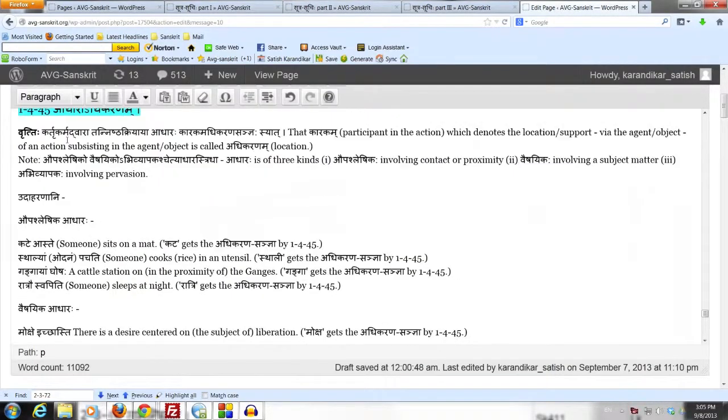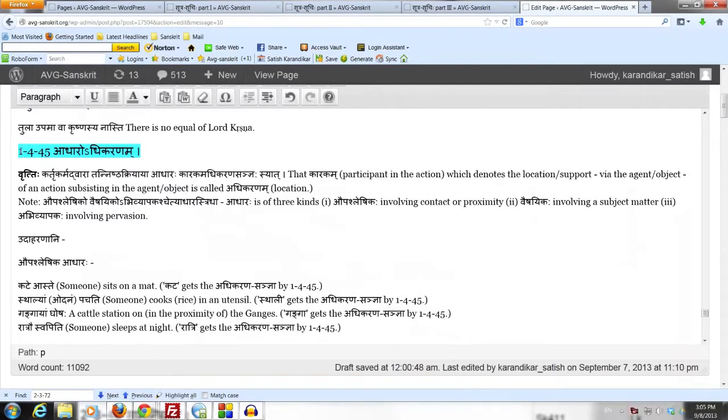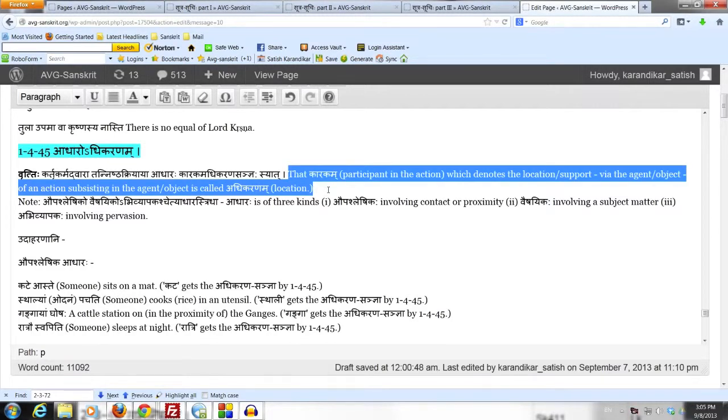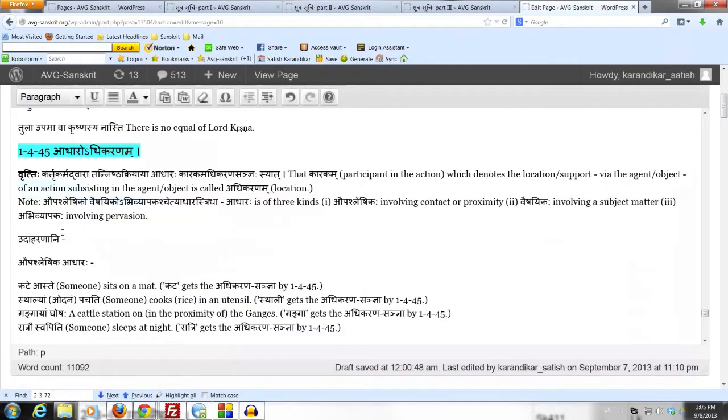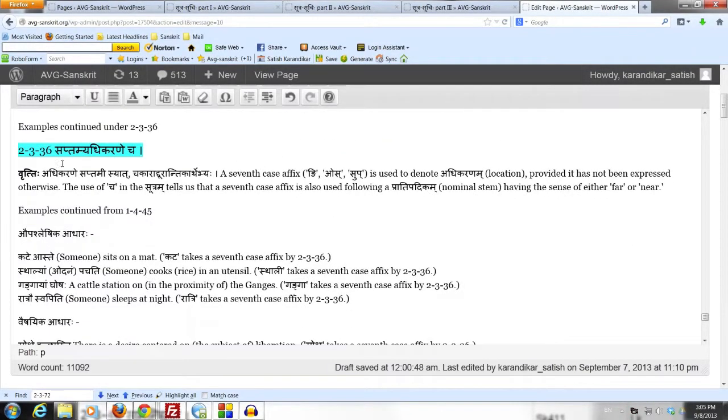We recently studied the Sutram 1445, which defines the designation Adhikaranam, the Adhikarana Sanya. Let us now take the Sutram 2336, which prescribes a seventh case affix to denote the Adhikaranam. Sutram is Saptami Adhikarane cha. Vritti says Adhikarane Saptami Syat, Chakara